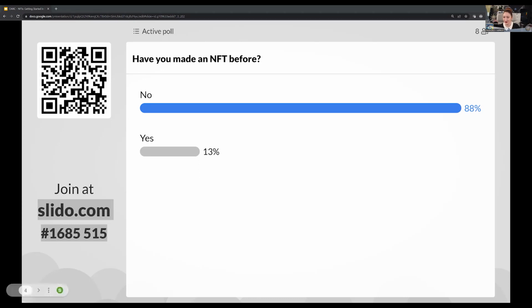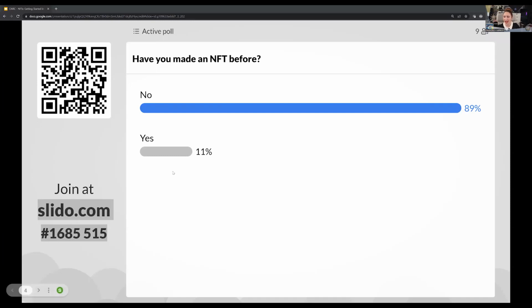And feel free to either use the QR code or go to slido.com and type in this code in order to help us respond. So a few of you have created your own NFT before, so this may be a refresher for you, but for those of you who haven't, which is the majority, we'll be learning how to do that on the OpenSea platform.